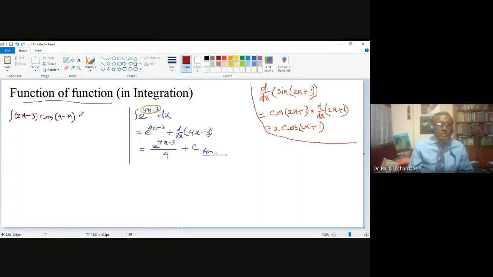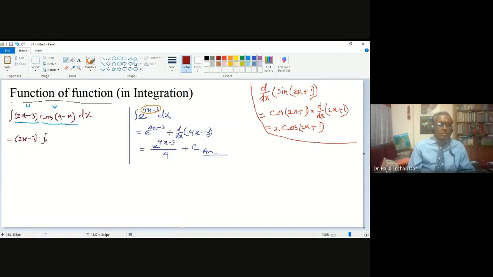So it is the u into v formula, and then there will be something with the function of function concept. If you think about this question, 2x minus 3 will be your u, and cos 4 minus x will be your v. So you apply the u into v formula first. In the first line, this is just the u into v formula, nothing else. So you apply it like 2x minus 3